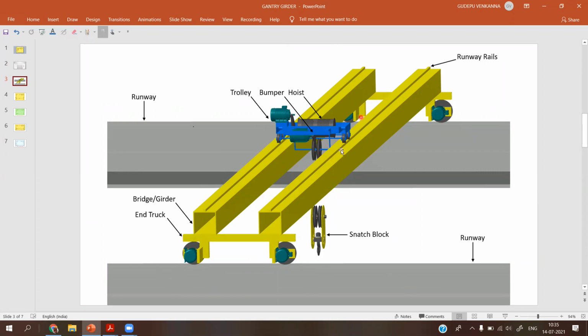Along this crane girder, this trolley moves in the horizontal direction. The trolley on this girder moves in the horizontal direction, and this crane girder also moves on the gantry girder in this direction, the longitudinal direction. So both in x and y direction, the trolley can move this way.